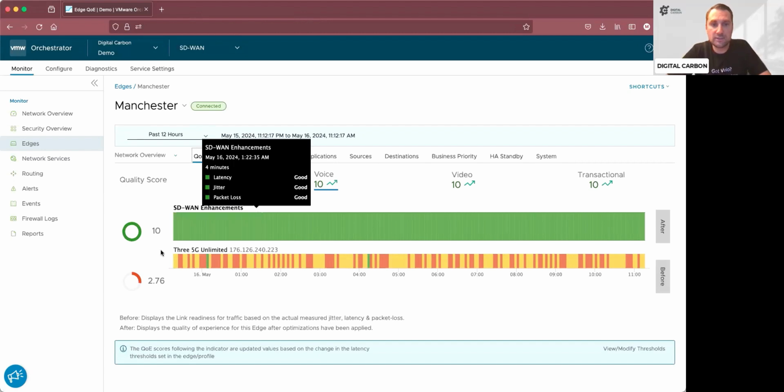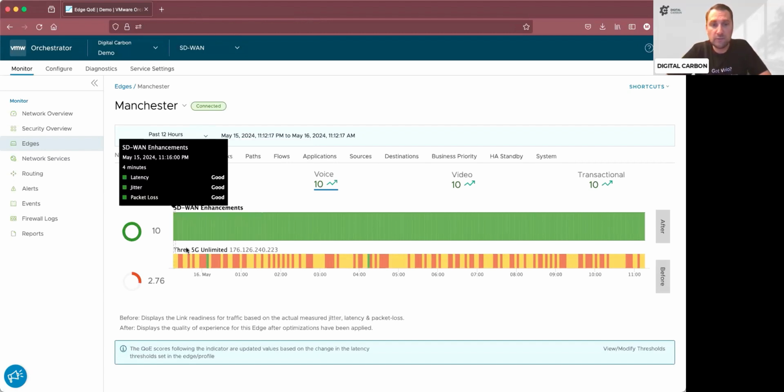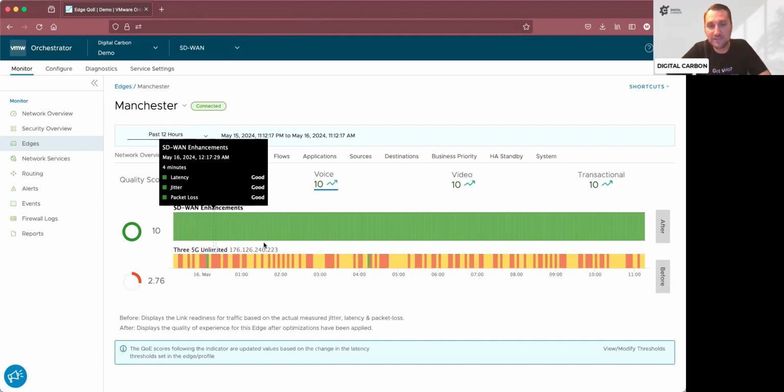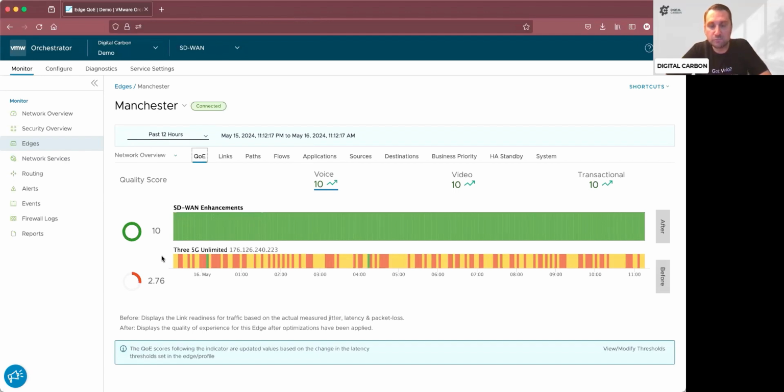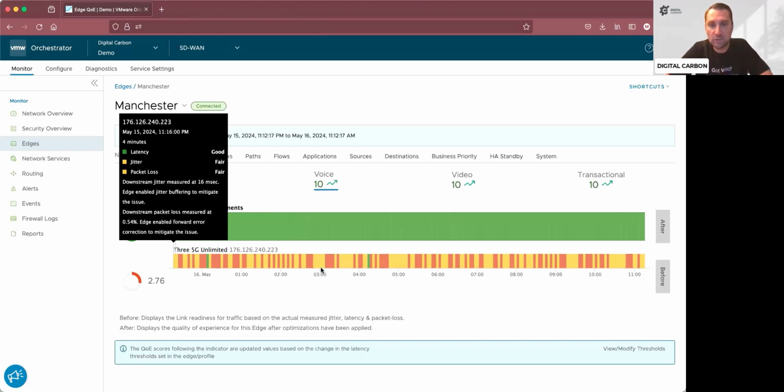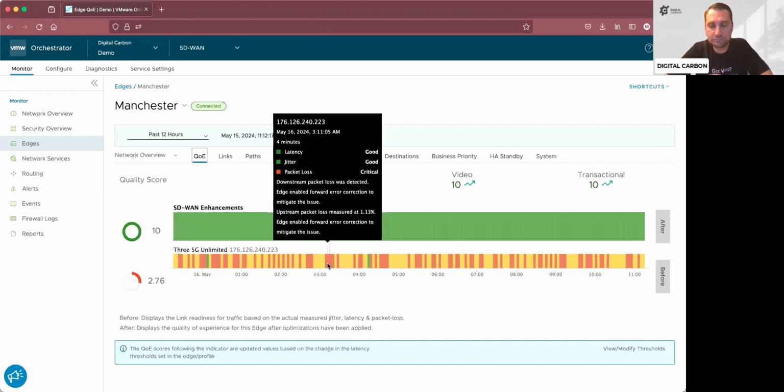The quality is pretty bad actually. So our free 5G unlimited wireless connection is all yellow and red, which basically indicates to us that the line is having some problems. We have an overall quality score here. It's out of 10. So it's 2.76 out of 10. So it's pretty bad. If we actually hover on top here on a particular time,